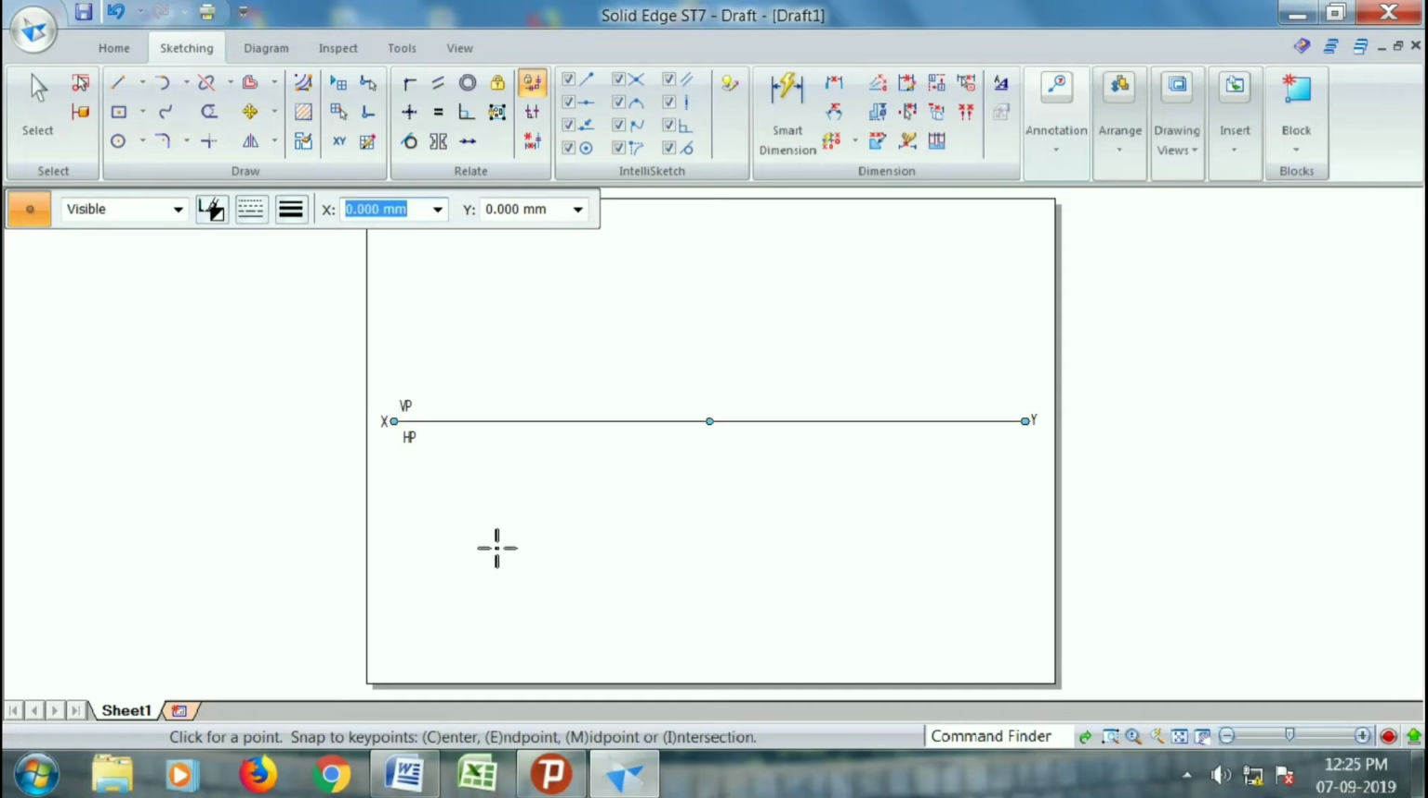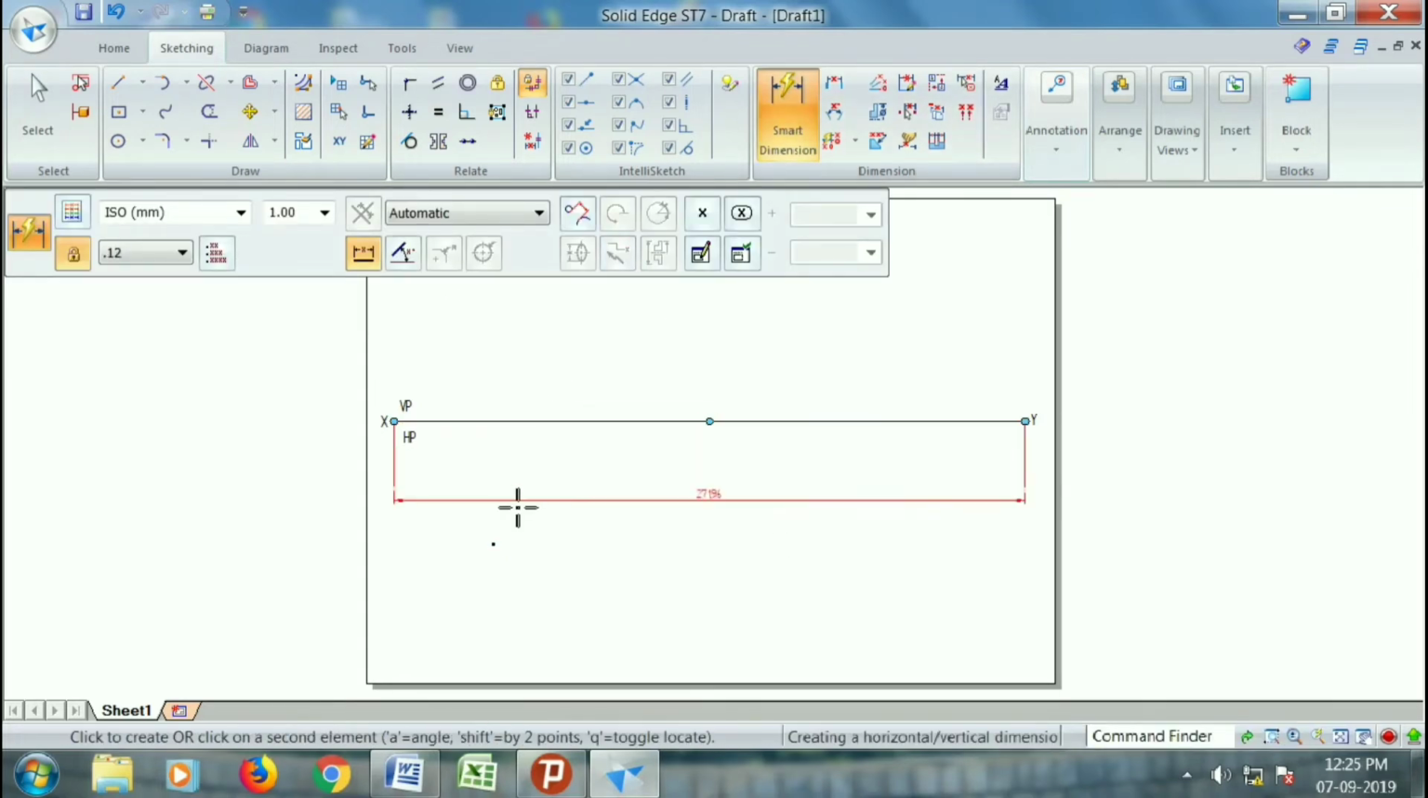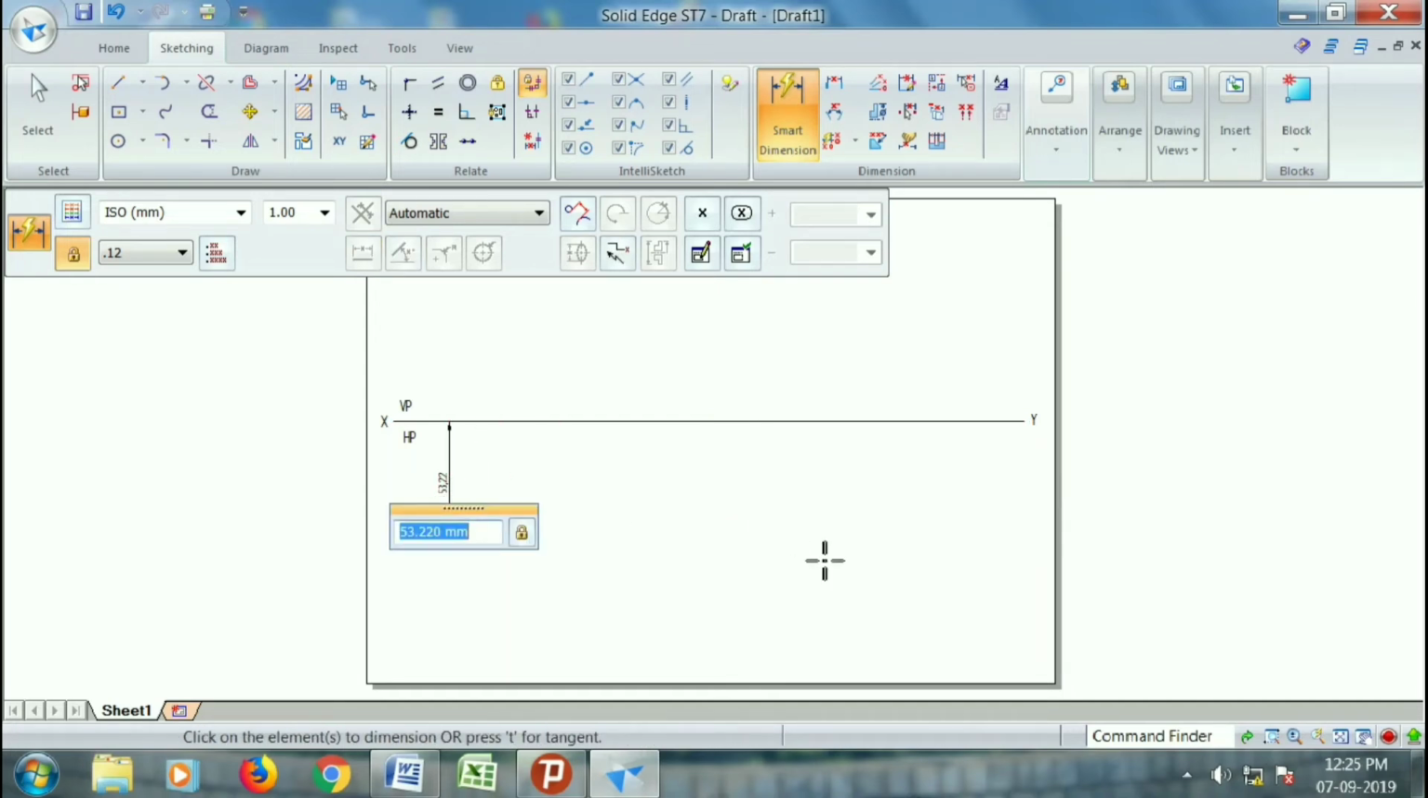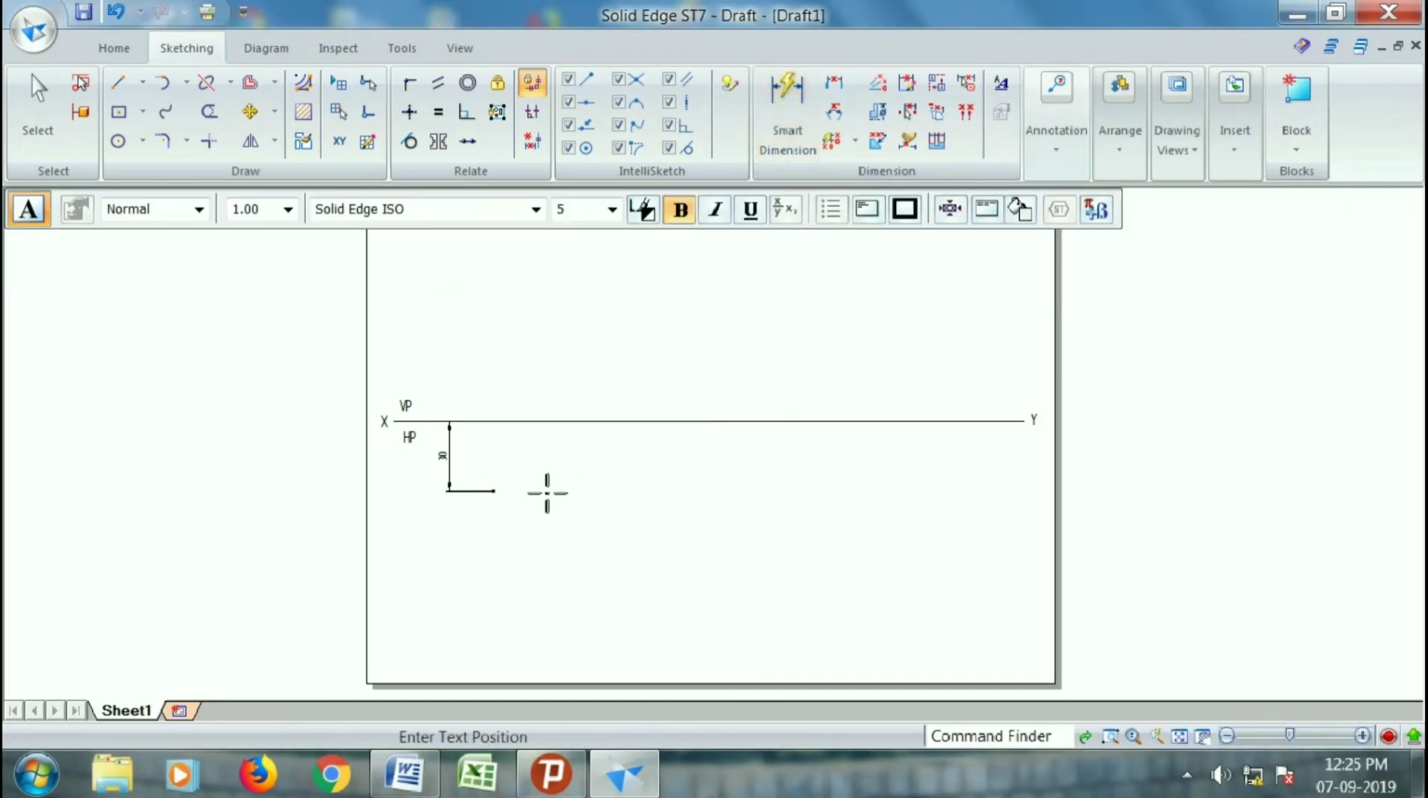Then draw the top view of the point in the horizontal plane. Go for smart dimension. Just give the distance between the XY line and that point as 30 mm, because it is 30 mm in front of VP. So name this as top view G,